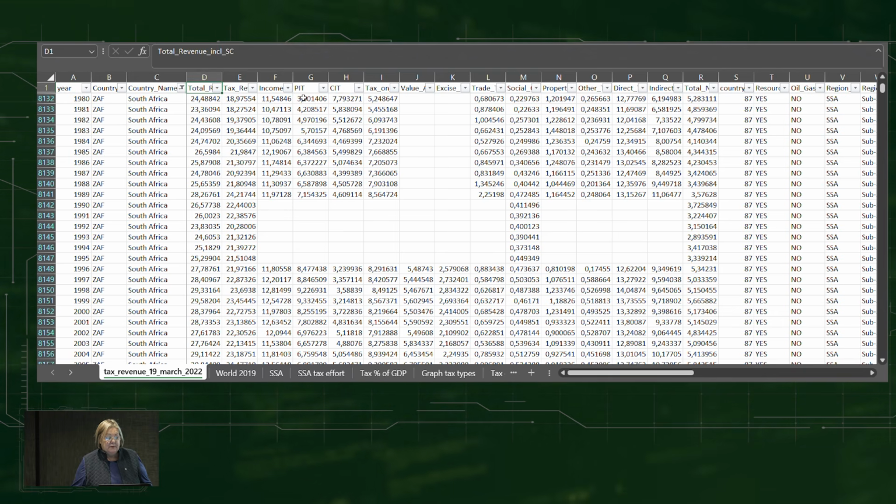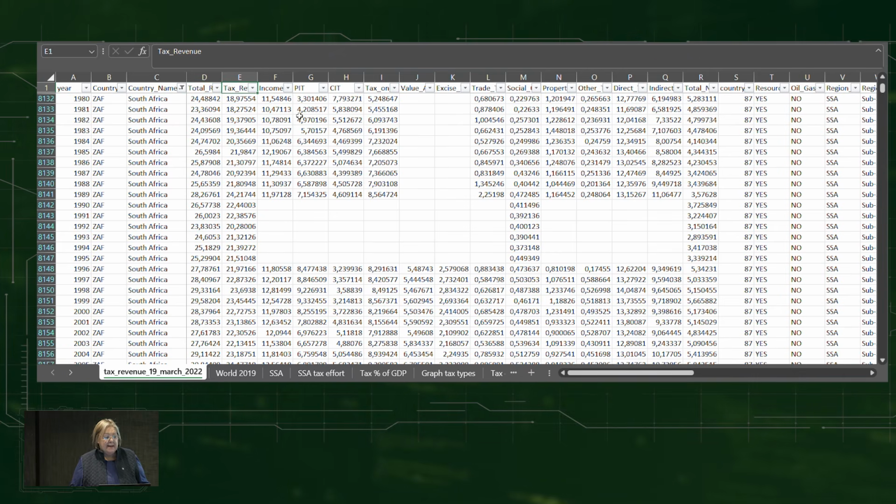You will now see your total revenue. It says there including Social Security. That's just how they've put up this database. Social Security in South Africa is very low. We don't have a big Social Security base, but they've included this here. It's always good to specify what revenue you are working with. Are you working with only gross tax revenue, net tax revenue? Are you working with non-tax revenue included, or in this case, Social Security? Can you see they've got total revenue, including Social Security, and then they've only got tax revenue.